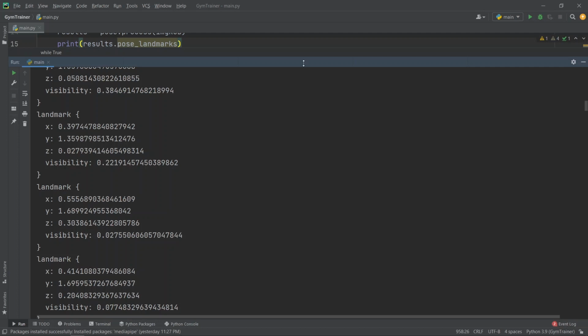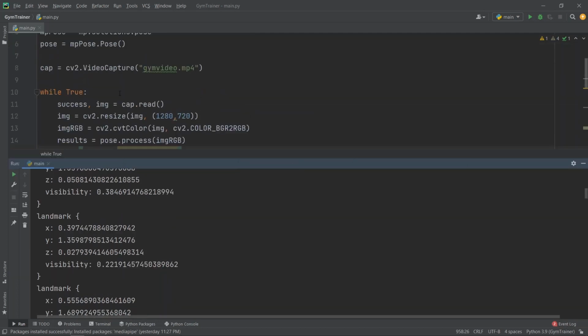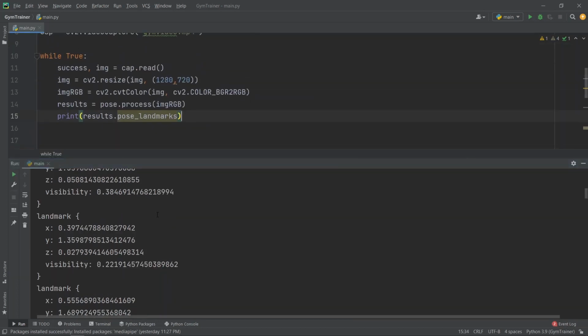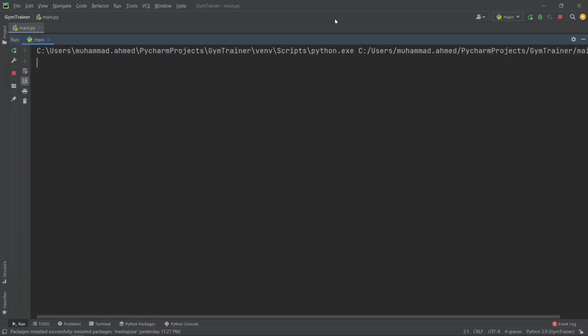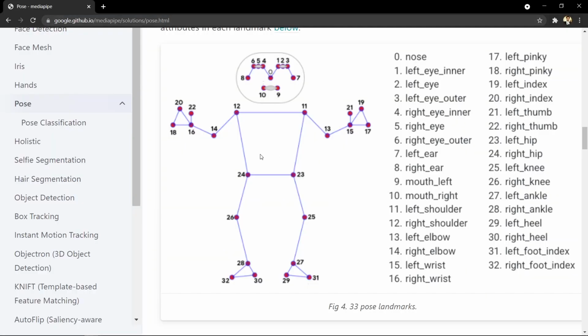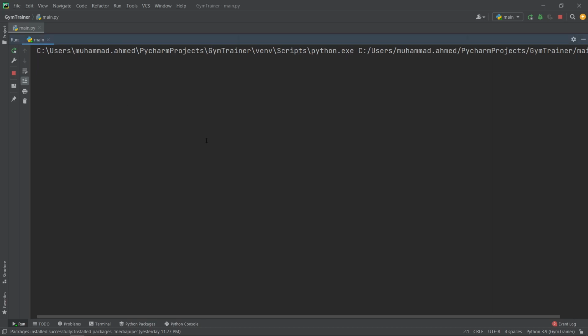Now, if we write a statement of some dashes, I just want to show you something. For each particular image, it is extracting all these landmarks, and then it is portraying all these landmarks over here.